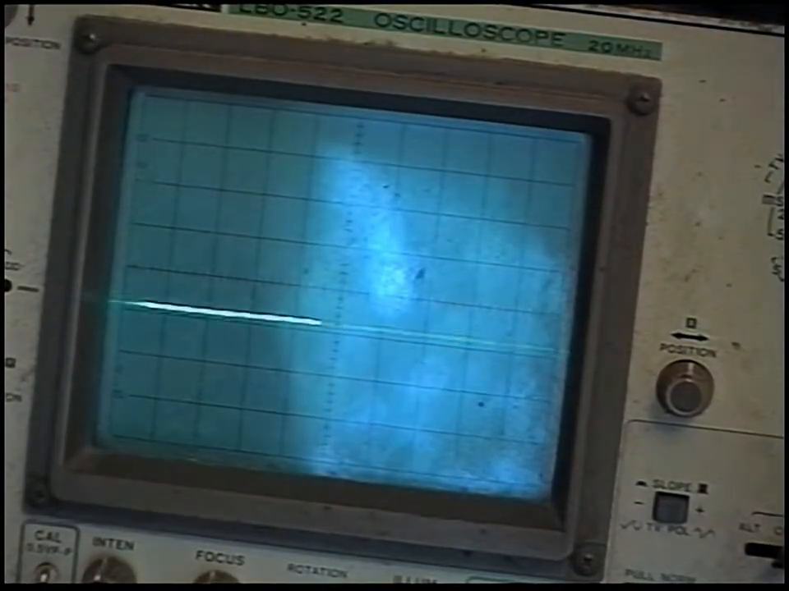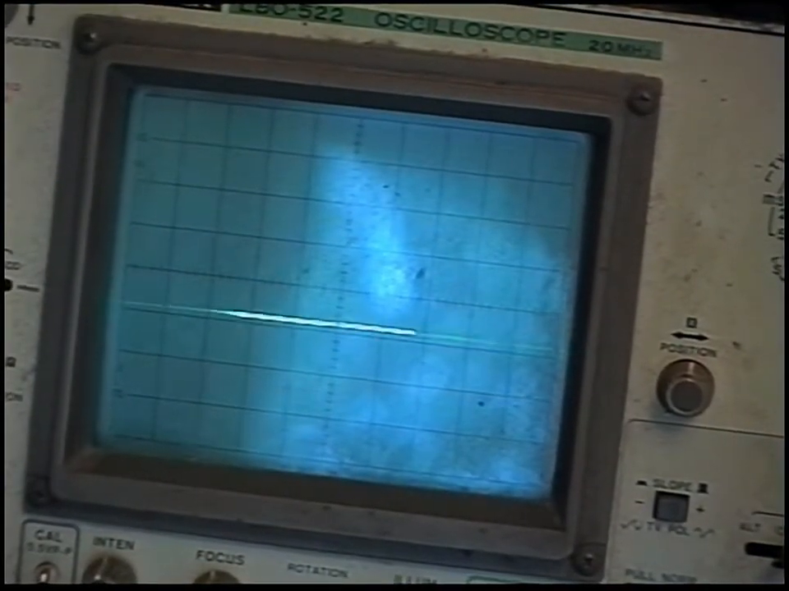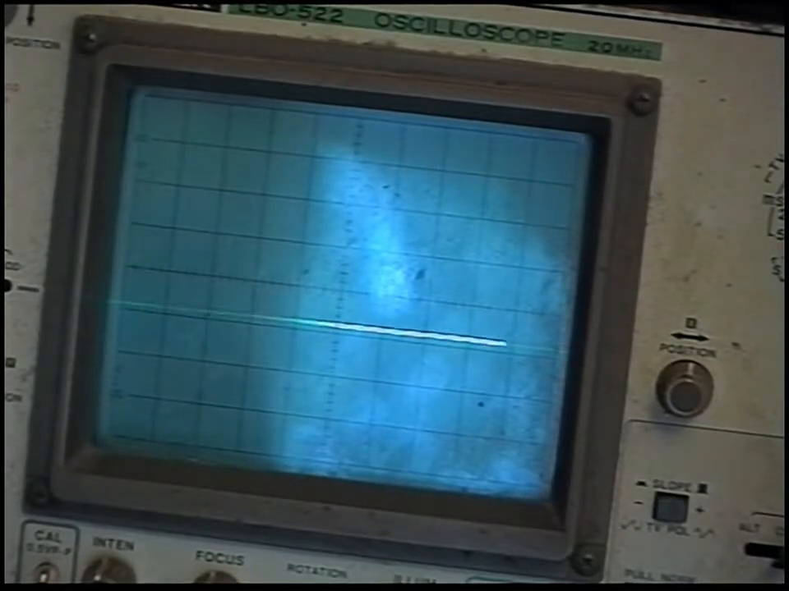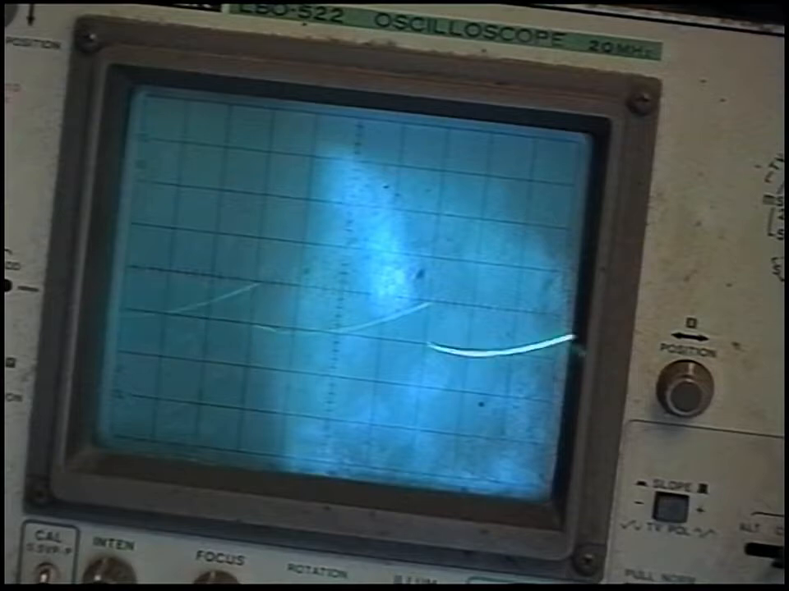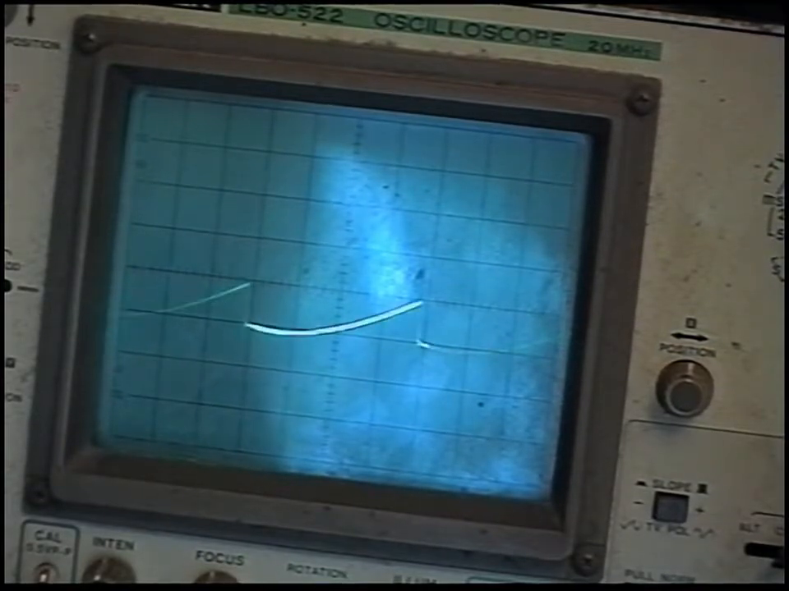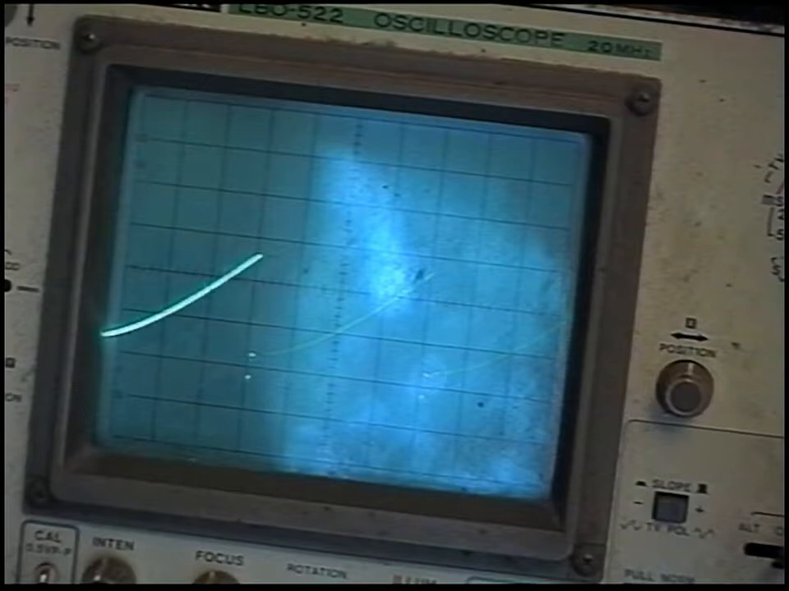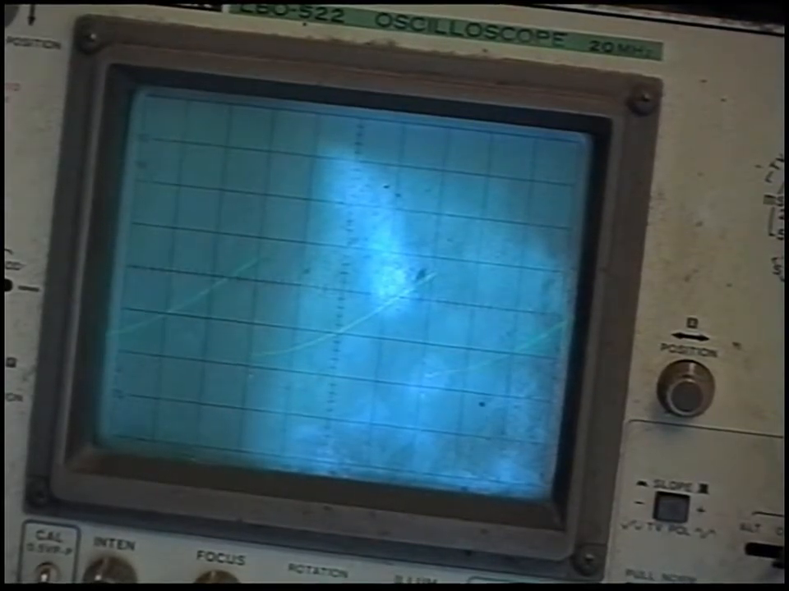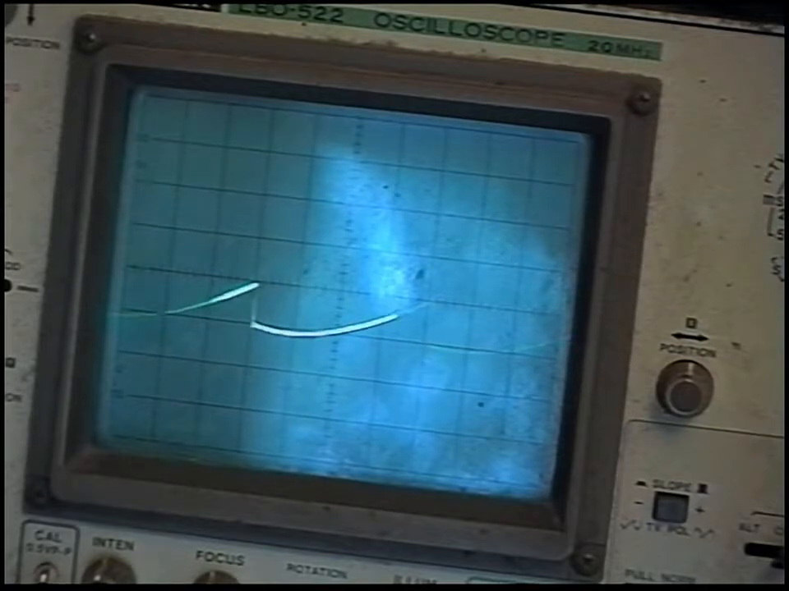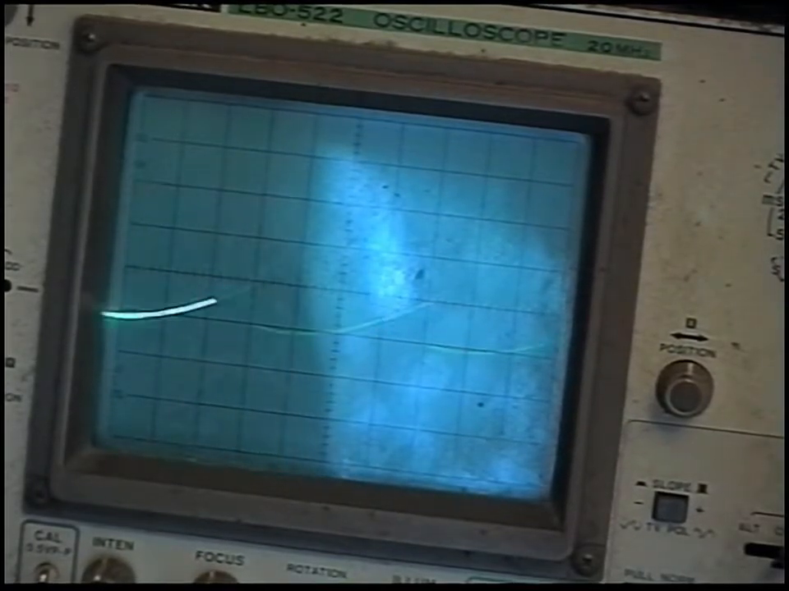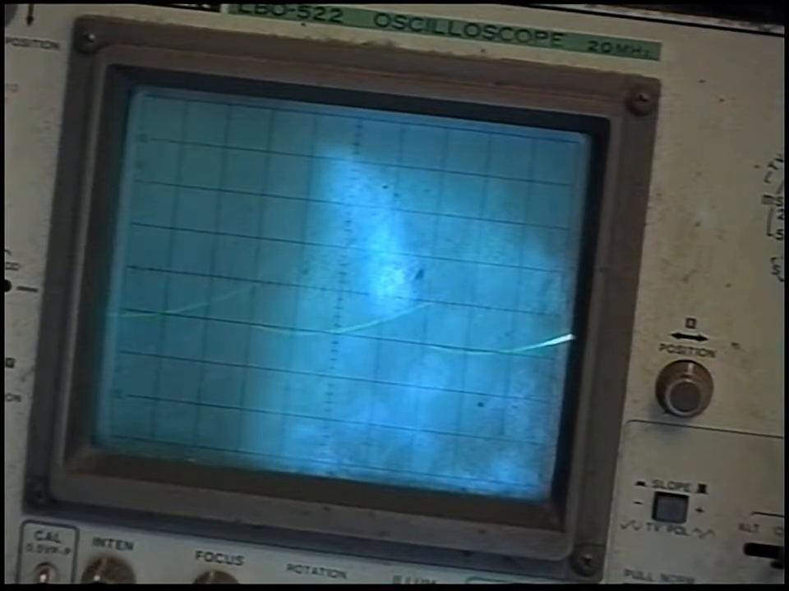I'll look now at the vertical and horizontal deflection, like what's actually getting to the deflection yokes. This is vertical. That's one side at the yoke. That's the other side. That's right. I think it's like 6 point something. 5.4 on one side and 2.4 on the other side. That's about right. And then the horizontal,